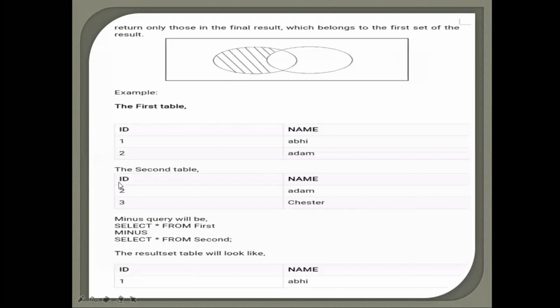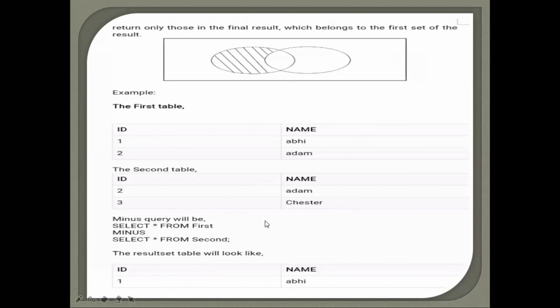Over here you have 1, 2, and 2, 3. Out of the first table, as we said, we have to pick data. Yes, one would be picked, because one is not present in the second table, so one would be in the output. If I say two, no, because two is common between these two tables, so that would be eliminated. And three is obviously of the right-hand side table, so it is not under consideration. So over here you will have only one as your output. That's all about your set operators.